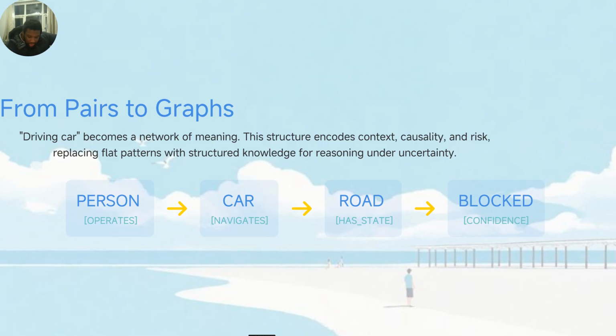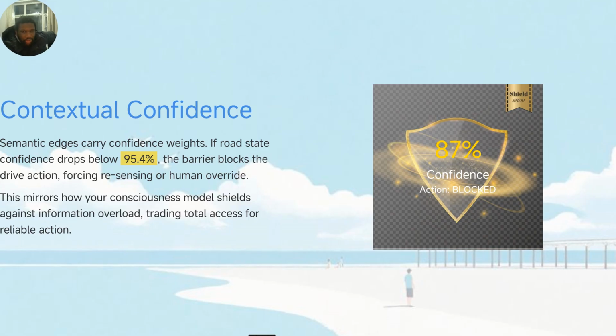This one is seeing a small child, a small man. It's not looking for ghost things, just looking for the confidence. Semantic edges carry confidence. This is like contextual, so you have to understand from context. The interpretation of the context is very important. If I give you some kind of scenario, which I call a context,